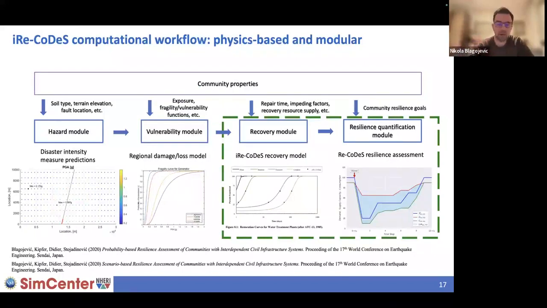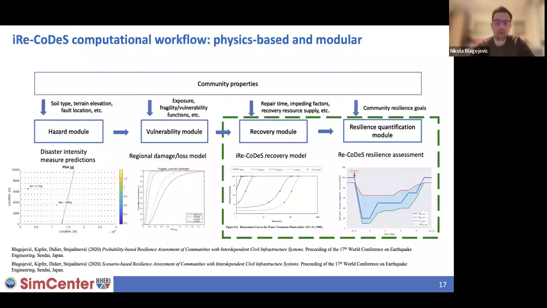But now we need to somehow simulate or estimate these supply, demand, and consumption curves for different resources in our cities. And the way to do this is to use a computational workflow, which we try to make as much as possible physics-based and modular. And this extends the classical tools used in catastrophe modeling, which use the hazard module, the vulnerability module, and the exposure data. And then they're used to assess repair costs or casualties.